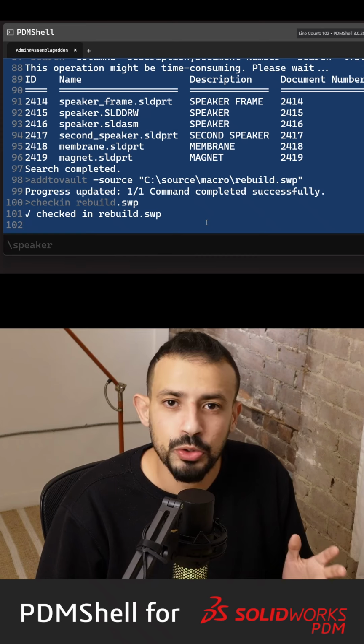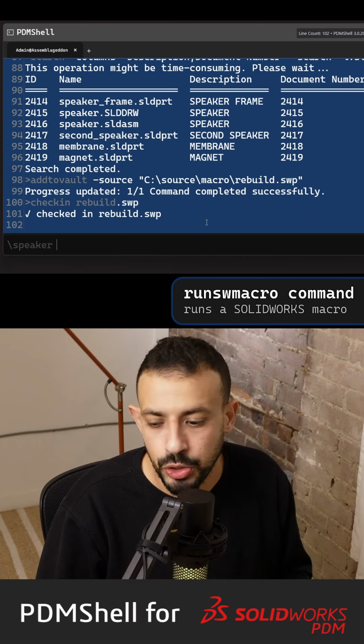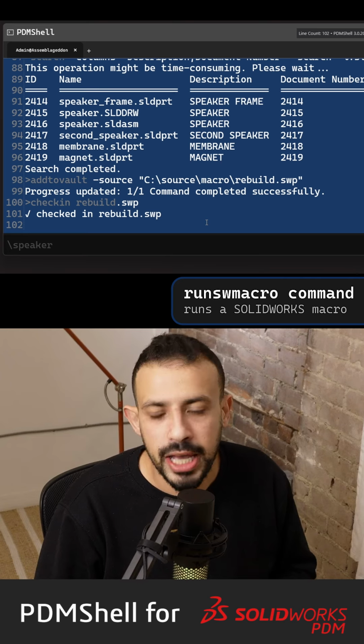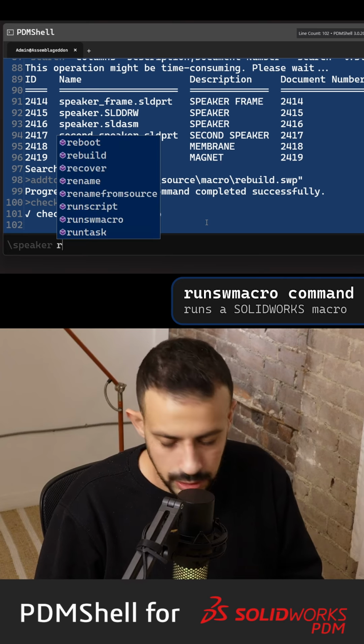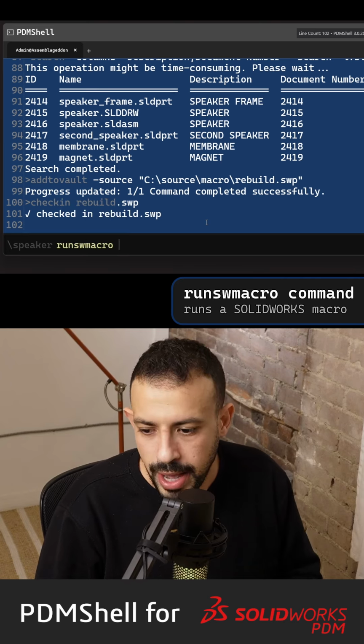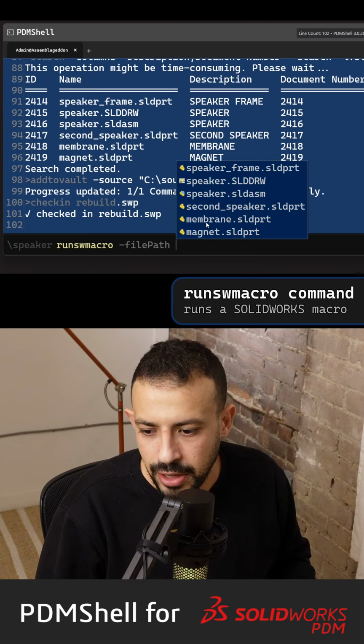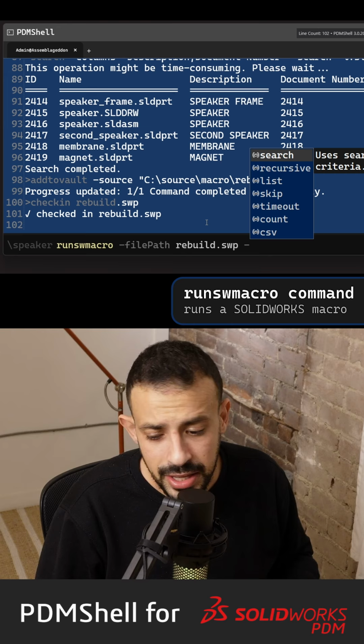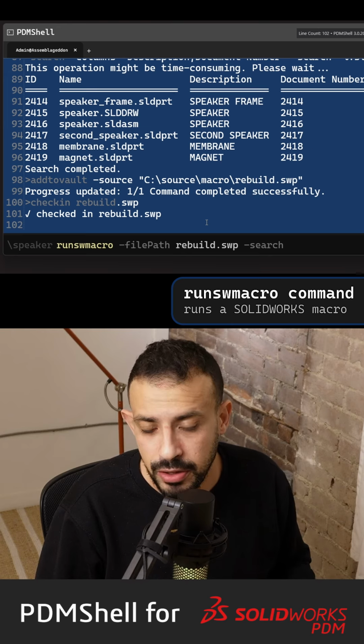Now I'm going to use the run SW macro, which is a command in PDMShell that allows you to run a macro on a file or many files. So I'll type in here SW run macro. I'll specify the file path, which will be the file path to my macro. And then here, I could specify the files that I would like to run the macro on through the